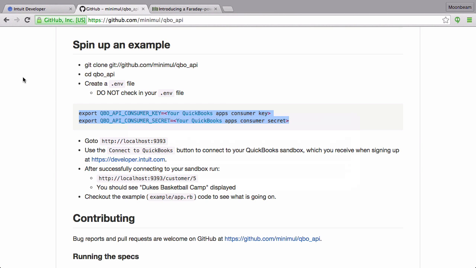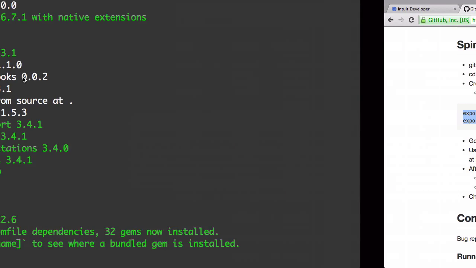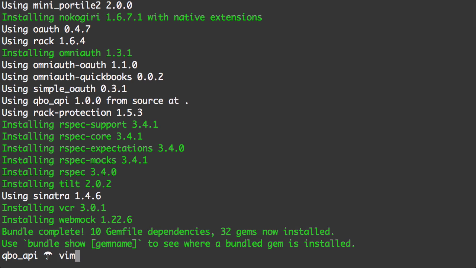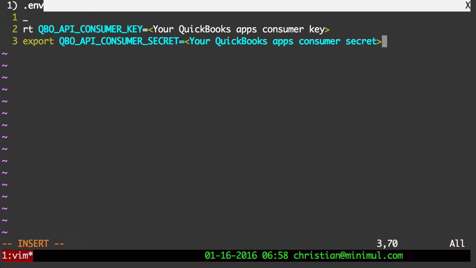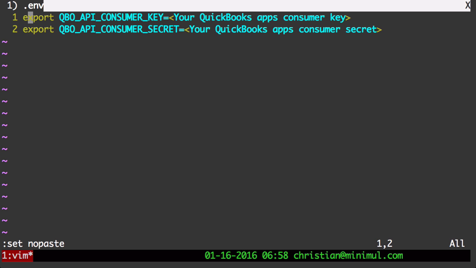All right. And I'm going to make a .env file. So let me go into Tmux, and I'm just going to make a .env. Copy these in. Oops, that didn't copy well. That's better. And I'm going to fill in this information